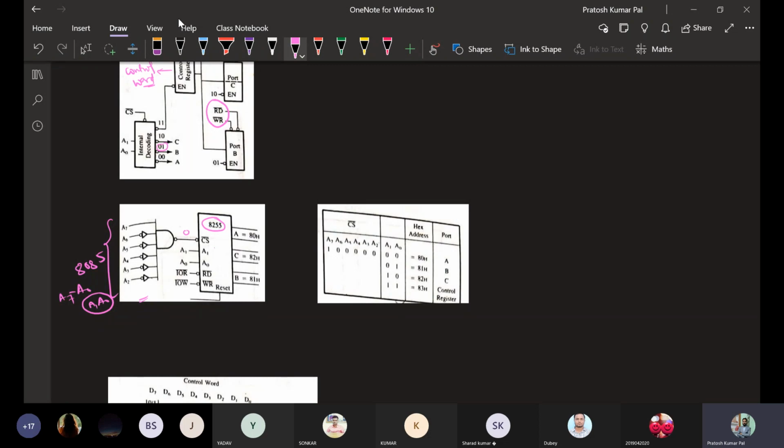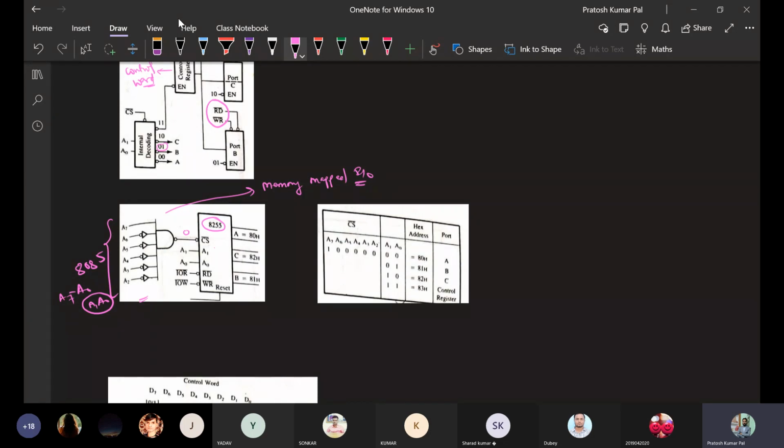Okay, so this is basically assigned as we have already seen in the first and second unit, memory mapped input output, or how we will be selecting the chip based on the address lines. So address lines are used for chip selection, so that has been selected here. So the configuration could be any value.